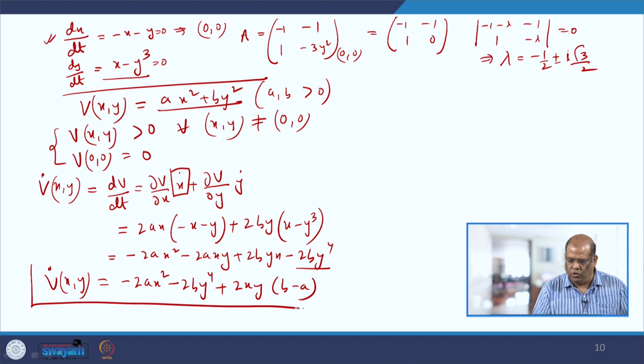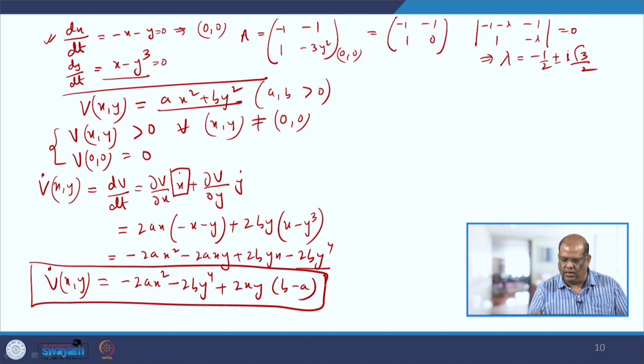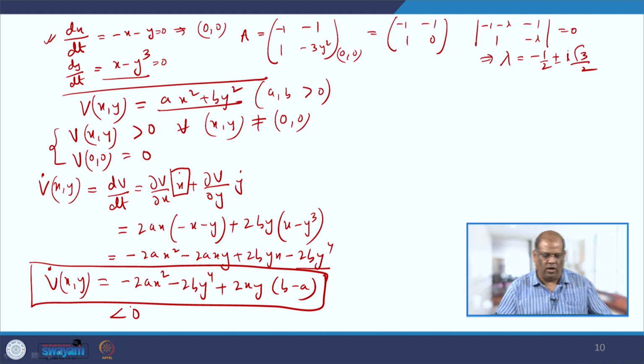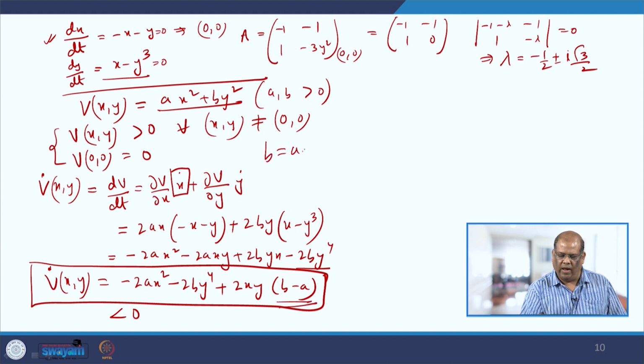I will choose a and b in such a manner that this is less than 0, either less than 0 or less or equal to 0. If it is less or equal to 0, then this will be negative semi definite. If it is only less than 0, then it will be negative definite. So, it is clear that if I choose b equal to a, whatever the value, either 1, 2, half, whatever you choose, this is going to vanish, and you are left with